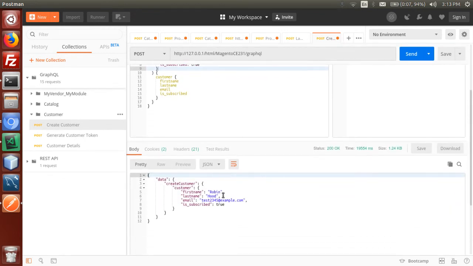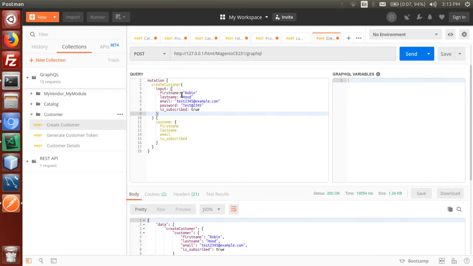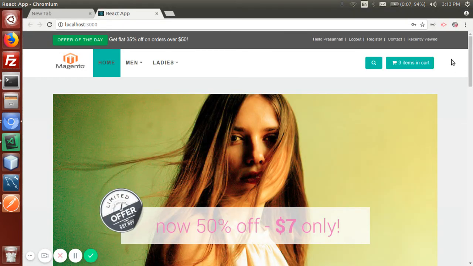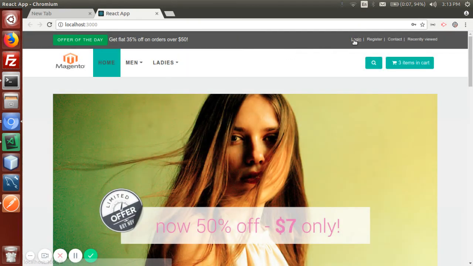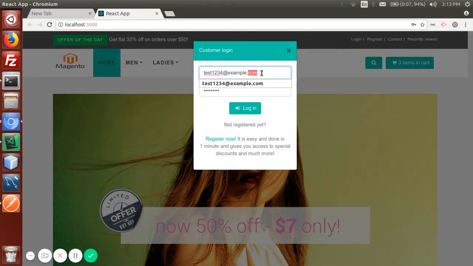Okay, so here we can see that the customer is created. Let's use this login detail, this email ID. Just log out first and click on login.